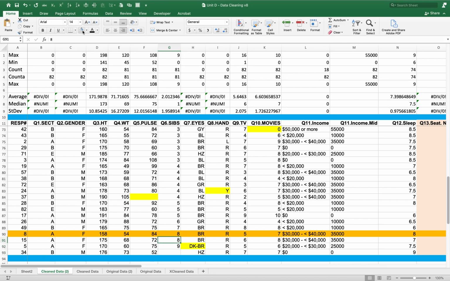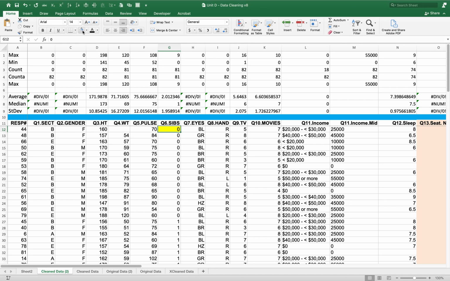All right? But you always want to ask the question, is 0 a legal value? And in this particular case, it is. You can certainly have 0 siblings, so that's not a problem. It is a problem, though, when we take a look at some of the other variables. Let's take a look at TV ratings. So in TV ratings, you'll see that we've got,